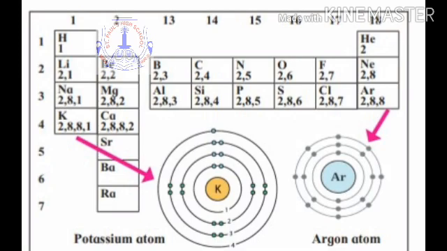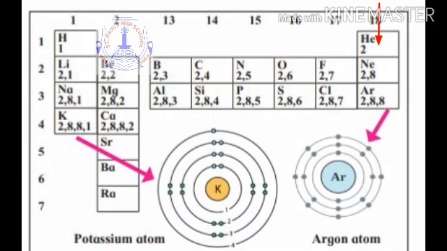So the 16th group, the last orbit has 6 electrons here, so they will accept 2 electrons from the other element to become an octet, so valency is 2 here. The 17th group, the halogens group, they have 7 electrons in the last orbit, they will accept 1 electron each and they will exhibit valency 1. And the 18th group, they have got a complete duplet like helium, and others have got an octet, 8 electrons. They will neither give nor take electrons, and therefore they will exhibit 0 valency.